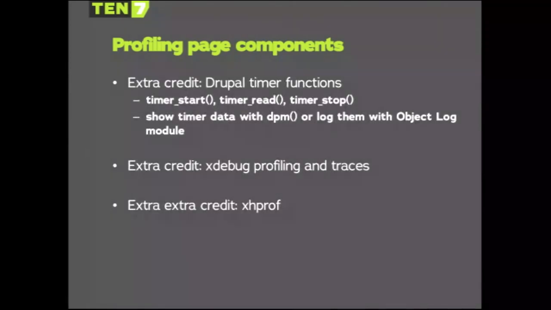So when you're using those timing functions, it's helpful to have something like Devel module and its DPM functions so that you can actually see what the results of the time is printed at the top of the page. If you prefer not to see them directly on the page, then you can store them with a module called Object Log. That's a module that I've written to take the results of what might have otherwise gone directly to the page in a DPM call and print them out to a table so that you can review them later on in your administrative interface,